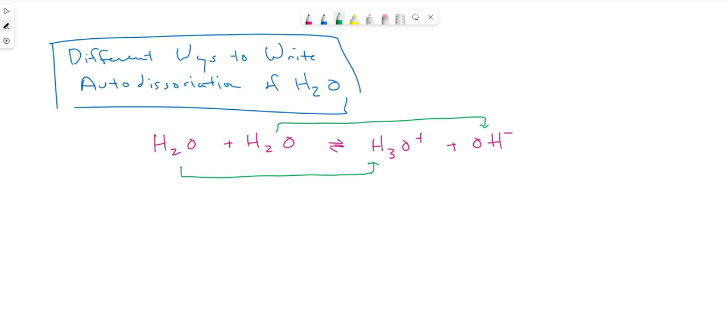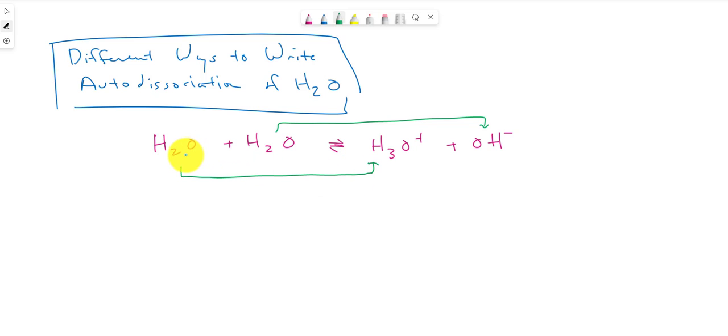So I wanted to make a quick, brief note about the different ways to write the autodissociation of water, because I may write it slightly differently, and certainly in other classes and other textbooks, it gets written sort of interchangeably in two different ways. The first way is the explicit way, and that's the way we've been talking about so far,